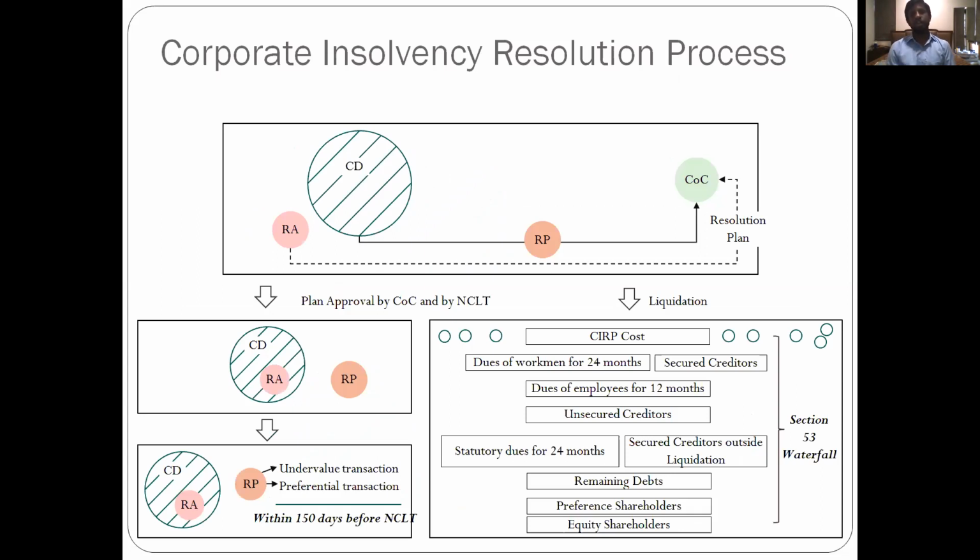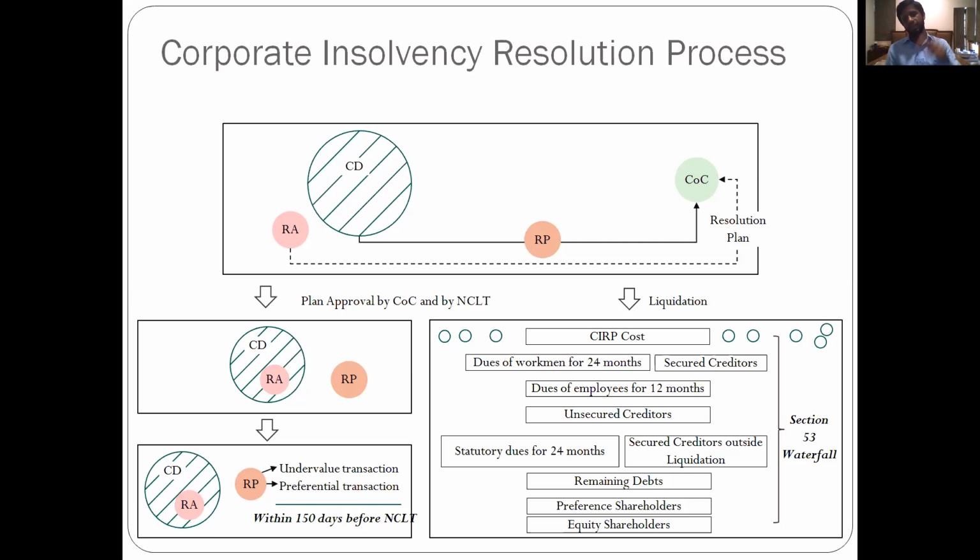Now, the third stage in an insolvency proceeding is that we are now running the company. The RP is in the driver's seat. He's communicating with the COC, and he's handling the management of the company. He's talking to the employees. He's making sure the crucial supply agreements are still there, that the licenses subsist, that the payment of rent happens, that people get their salary. So he's running this added responsibility for which he's obviously getting paid. He's not doing it for free. But in the meantime, he's also running the process. So he's also telling the public that, listen, here's a company that's currently under my charge. If you want to take over, and if you're in a similar industry, please send me your application, and then we'll have a vote about it.